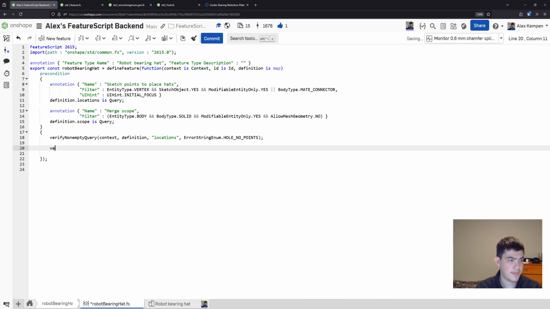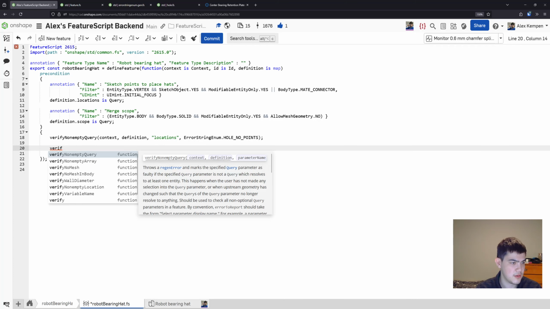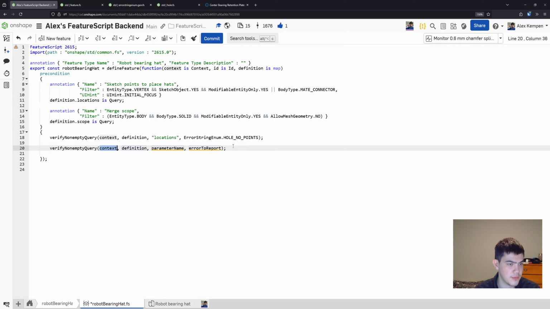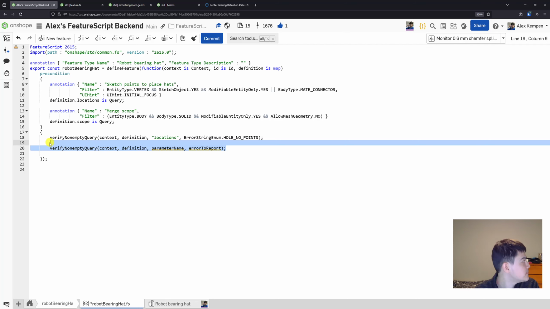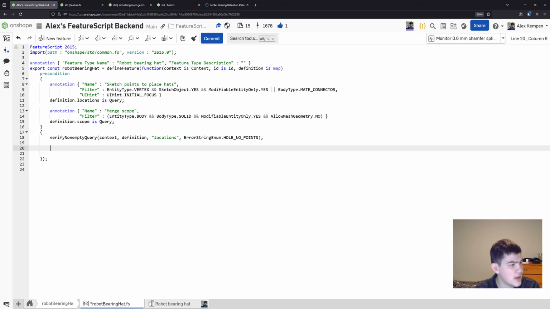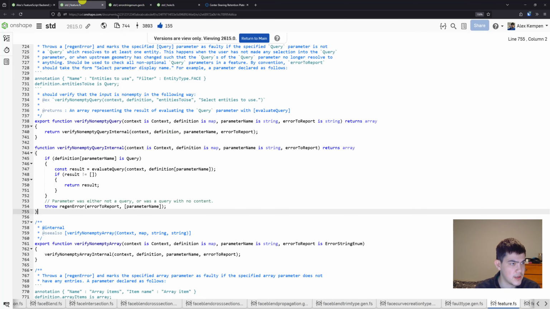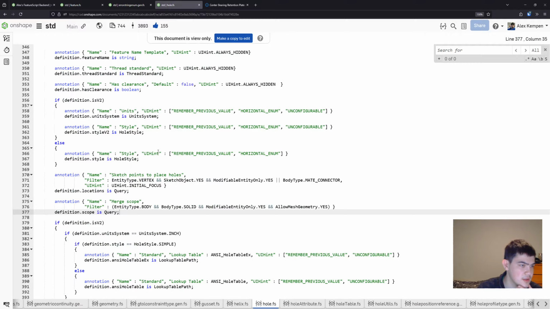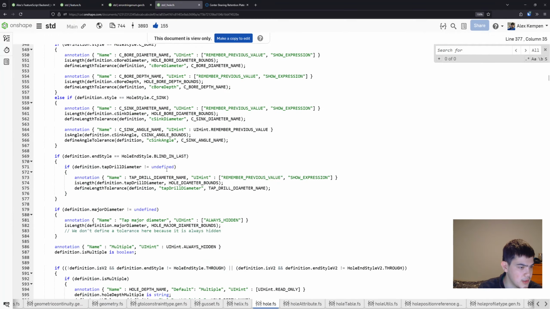We'll keep going. So I will also go ahead and verify the scope. Actually, I won't, because I get the feeling I can get the error handling for the scope from a function later on. But yeah, so let's see here now. What is the best way to do this? So I think probably,